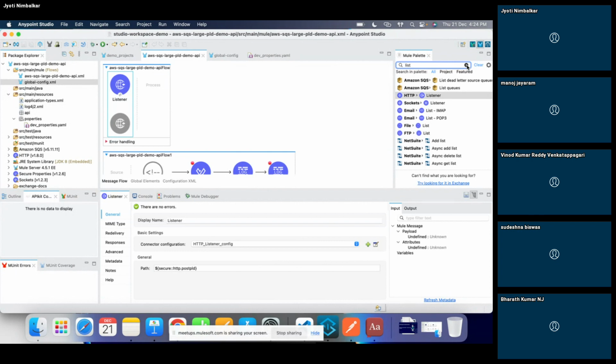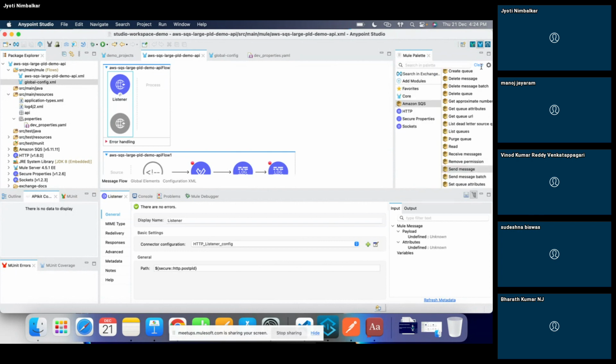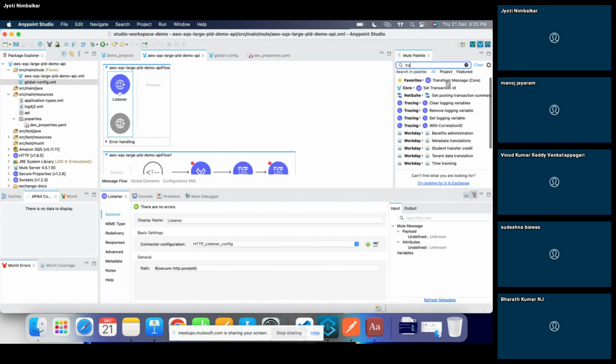From Postman, I'll try to post a small payload. After getting the payload, we'll have to convert it into a Java object.